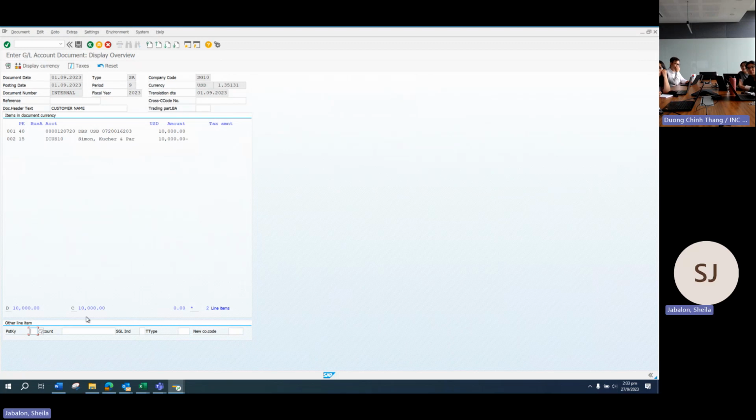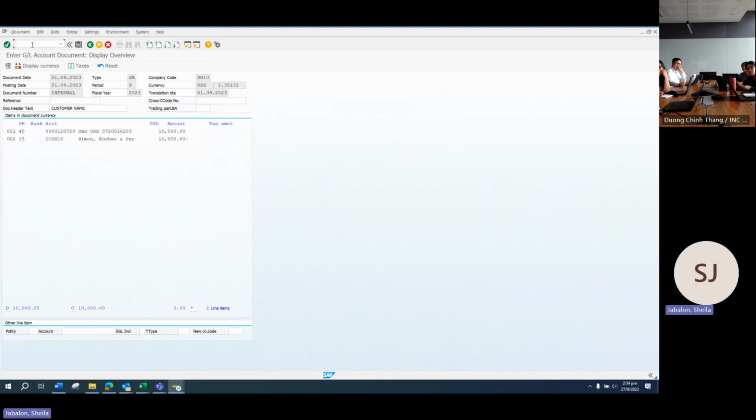Do you have one from 6 months? You already posted. We can show them the transaction. Usually there's no advance payment for Simon Kutcher. Oh, I see. Yes. Okay. But since you receive the advance payment and the invoice is posted later, once the invoice is posted, you can clear the customer code. So to clear the customer account,